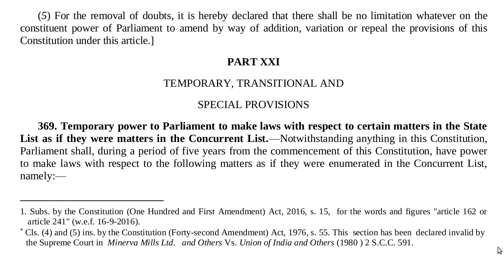The Constitution of India, Part 21, Temporary, Transitional and Special Provisions. Article 369, Temporary power to Parliament to make laws with respect to certain matters in the State List as if they were matters in the Concurrent List. Notwithstanding anything in this Constitution, Parliament shall, during the period of five years from the commencement of this Constitution, have power to make laws with respect to the following matters as if they were enumerated in the Concurrent List, namely: